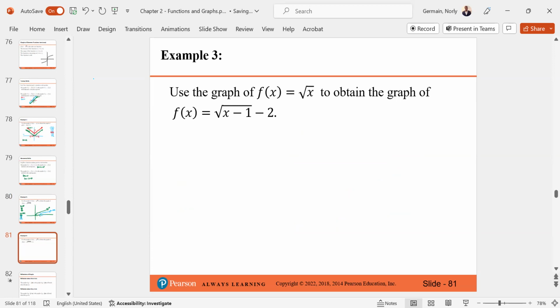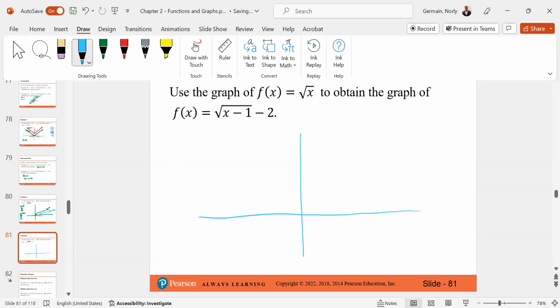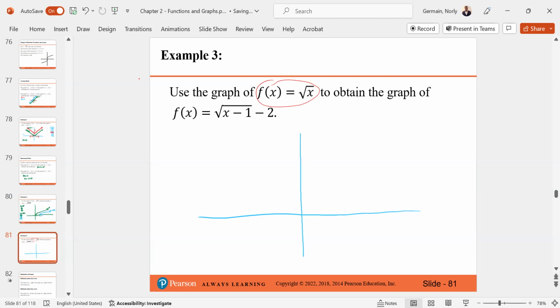If we take the exact same graph, all right, we know that if x, because if we do square root of x first, because this is the first thing we need to do, square root of x. So we have